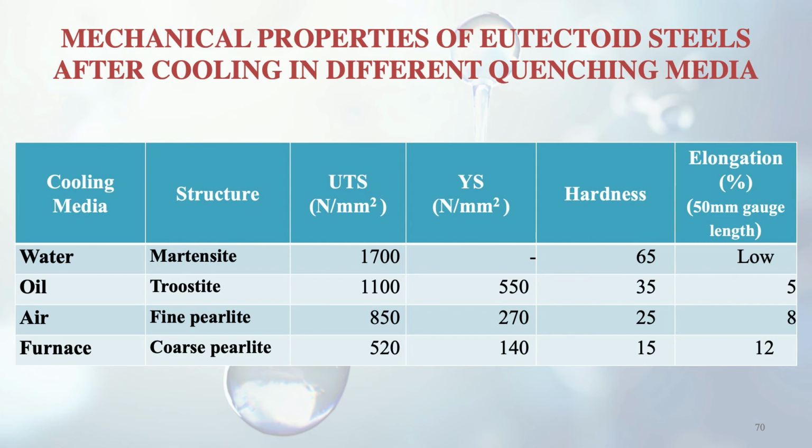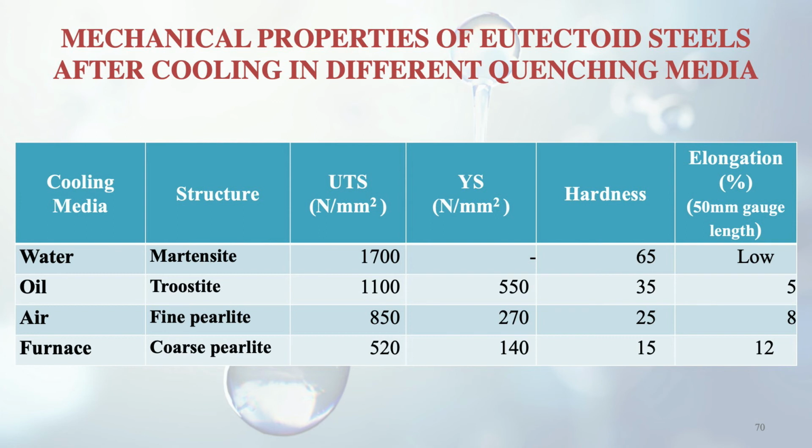From water we get the structure of martensite, from oil we get troostite, from air cooling we get fine perlite, and from furnace cooling we get coarse perlite, which I have discussed in the diagram also. Here we can see one more thing, the ultimate tensile strength and the yield strength, as well as hardness and elongation. In the case of water quenching, the ultimate tensile strength is 1700,